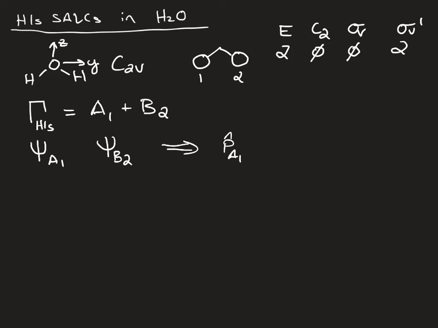The basis function that we're going to pick is just the 1s orbital corresponding to hydrogen 1. So we're going to project out SALC A1 by performing a projection from that particular hydrogen 1s orbital, and we're going to do the same thing